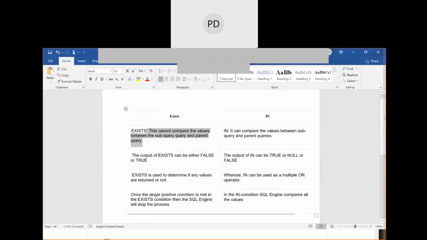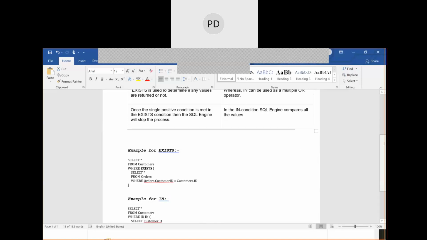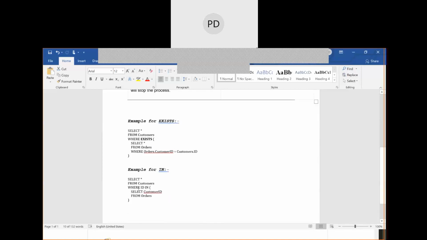Now if you go for IN, it compares the values between the subquery and the parent query. Let me show you an example. My subquery is select customer id from orders table. The parent query selects all those details from the customers table wherever the id is in the ids we get from the orders table.